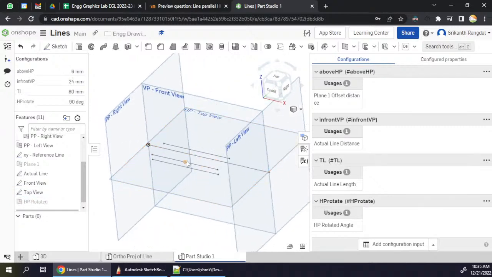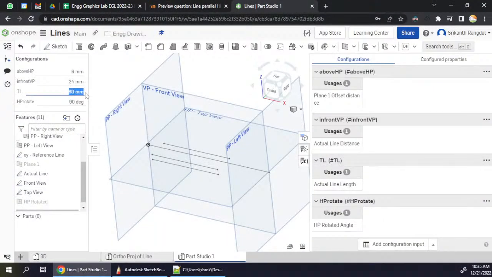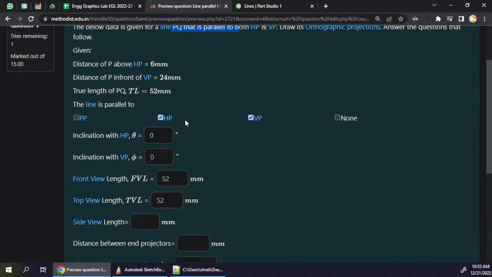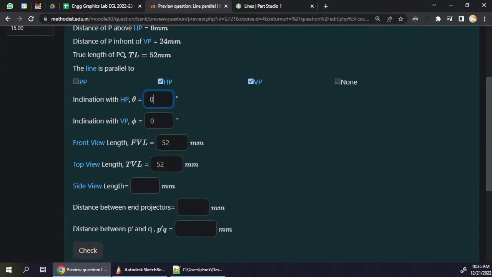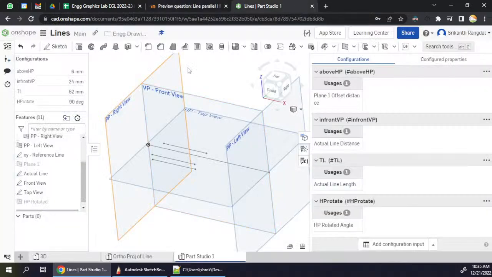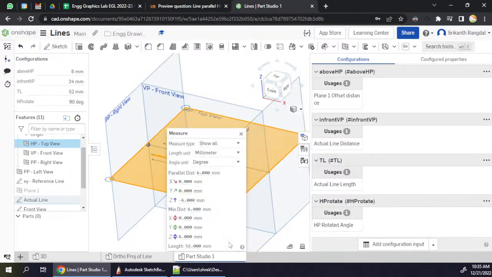Now that line you can see over there, the length of the line is 52. So let's give 52 as this length. The line is parallel to HP and VP both, as it is given in the question itself. Then angle theta is the angle between the line and HP. If you want to see that angle, you can select the actual line and HP, and you can see here it's showing the parallel distance. If you are interested in finding the angle,